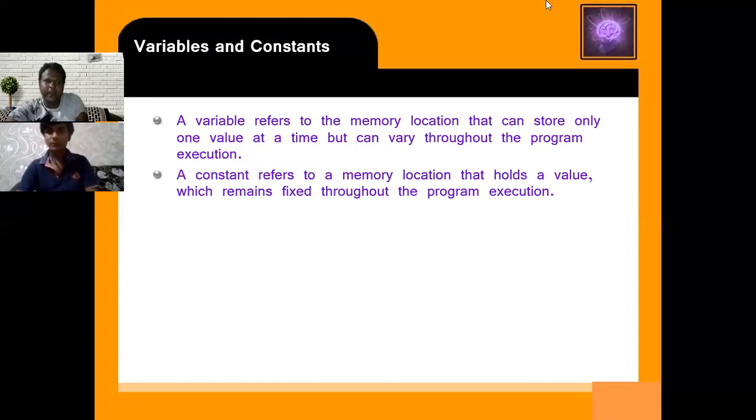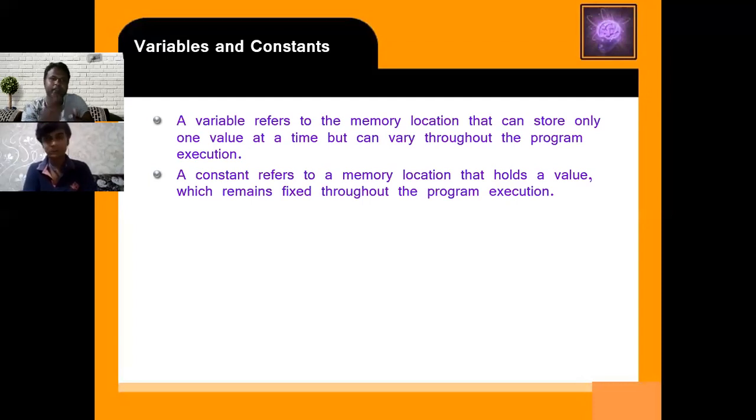A variable refers to a memory location that can store only one value at a time, but the value can vary throughout the program execution. When you take the input from a user, you have to store the value in some location.